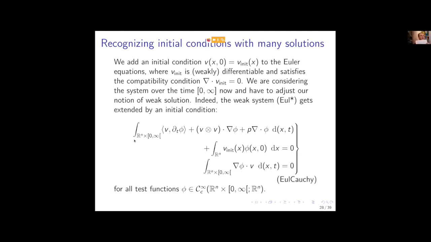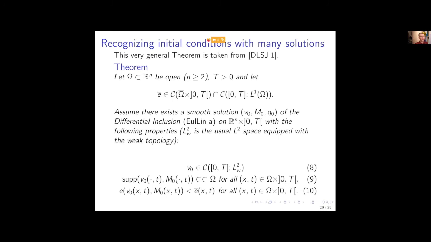You see, this is exactly the same thing, but now we added the initial condition, right? And we can ask, if we change the initial condition, how many solutions do we get? Are there always solutions for any given initial condition, for example? Or how regular does the initial condition have to be so that we get a solution, right? So here is the general theorem that I will show you.